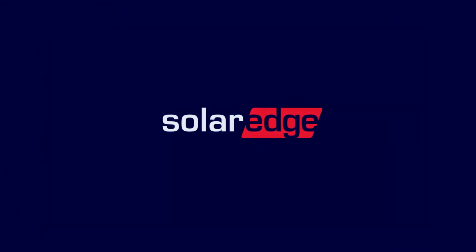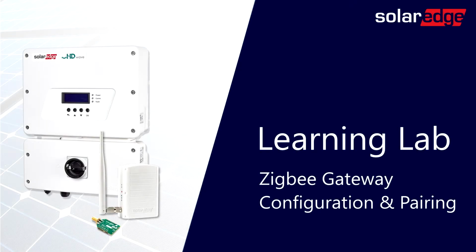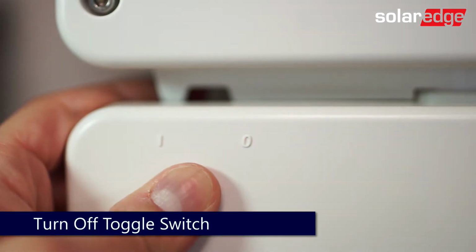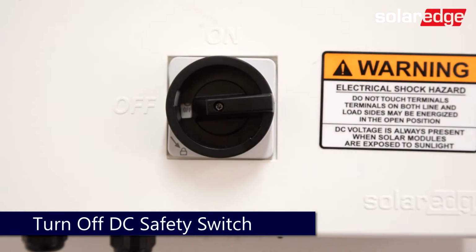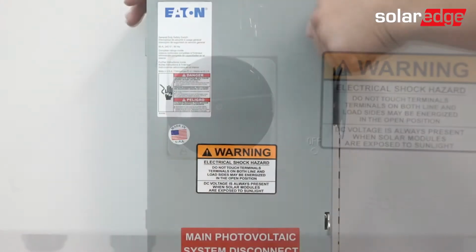This video will guide you through configuration and setup of your Zigbee communication kit. Prior to work, ensure the system is fully de-energized. Turn the inverter on-off switch to the off position. Turn off the DC safety switch and allow DC voltage to bleed down below 50 volts DC before turning off